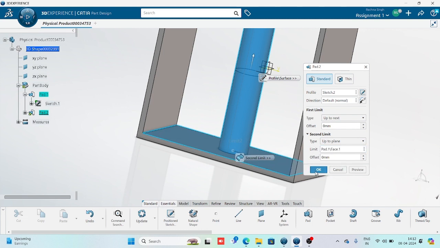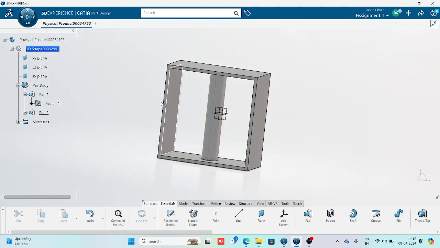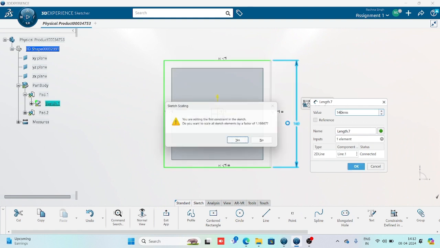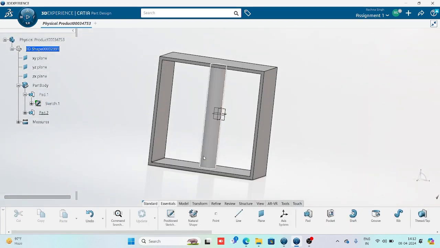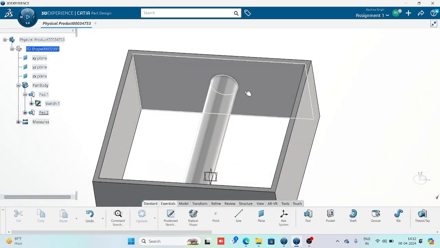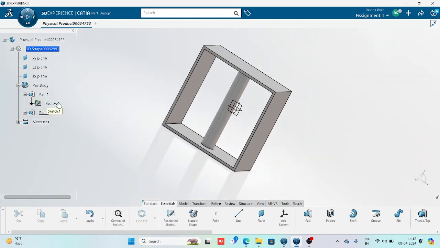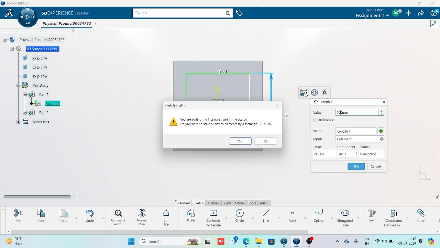Now we'll say OK. Now you can see my profile has been created. Now what the difference will be, now I'm going to edit this box size. So now I'm going to make it a little bit more wider, that is 140. Fine, exit. Now I can see the condition has been fulfilled up to this body. If I'm making it shorter, like I'll just double click on sketch 1 and I'm making it again to 100. So in this condition also,